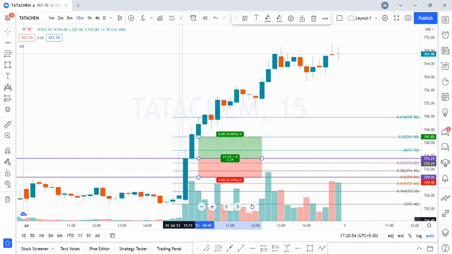So some sort of buying has been seen in these two candles over here, while the closing of the previous day, and this buying is continued with even more volumes. This basically puts in a lot of good probability of this stock going further up. So this was one example.